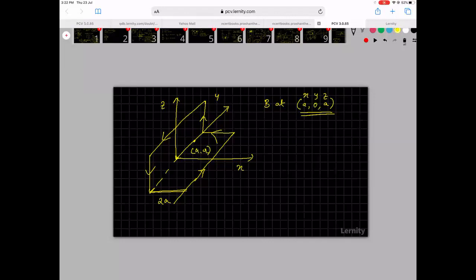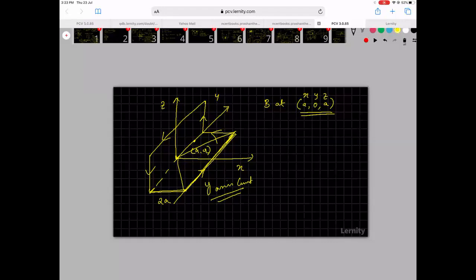No problem. First we have to understand that it is at the origin as far as this wire is concerned. So as far as this wire is concerned, if it's at the origin, then we can find out what this angle and what this angle are. The magnetic field will be in the, see, this wire carries a current along the y-axis. If current is along the y-axis, then B will be along the z-axis.